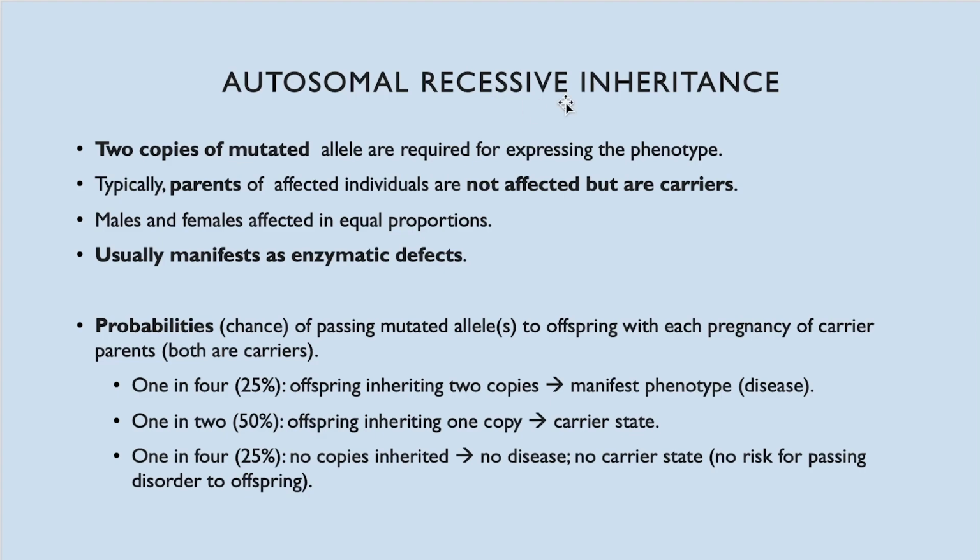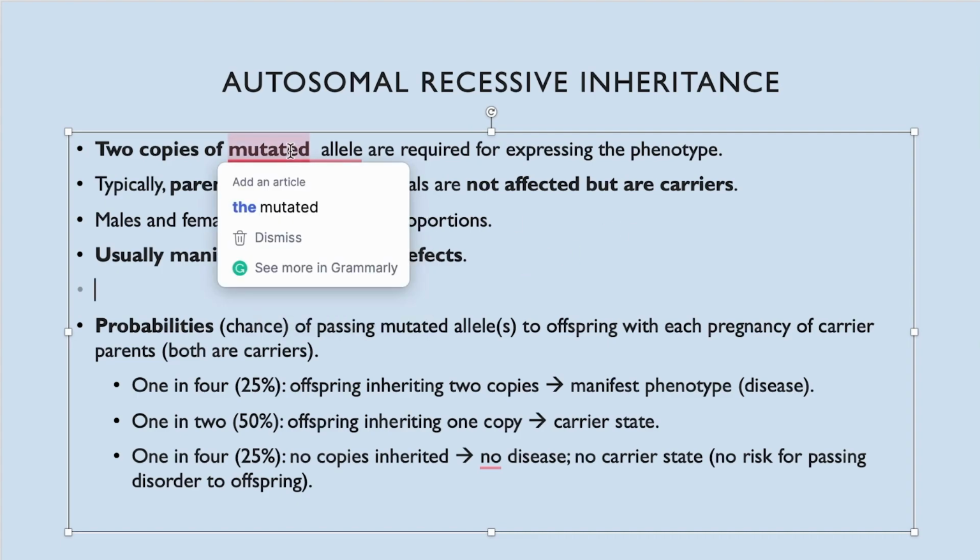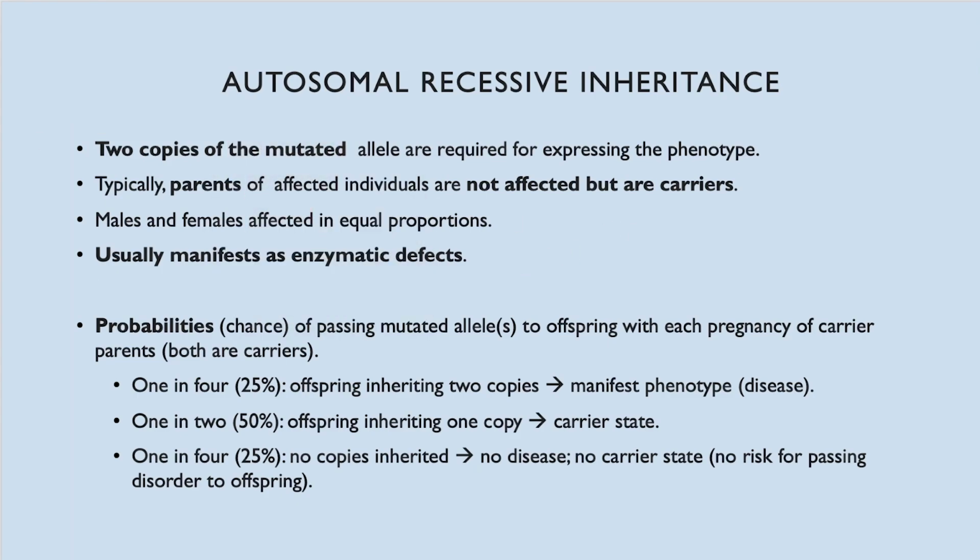Notice that autosomal recessive conditions manifest as enzymatic defects. One enzyme is not made in enough amount, or doesn't work properly. And down here we have the probabilities, the chances of passing a mutated allele to the offspring with each pregnancy. If both parents are carriers, they have 25% probability, 1 in 4, that the offspring inherits 2 copies